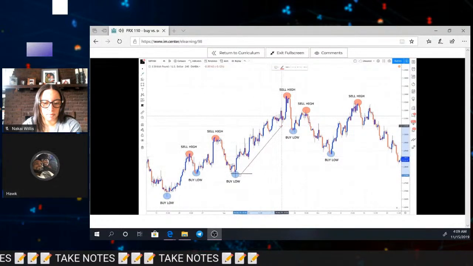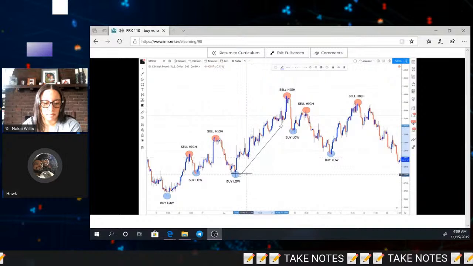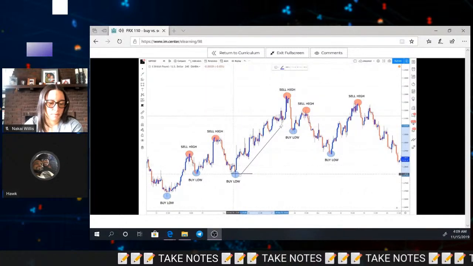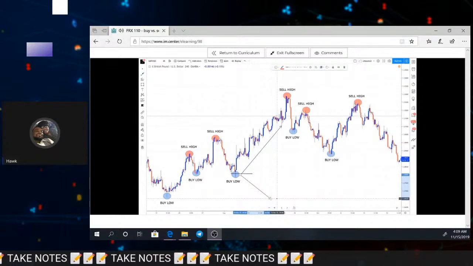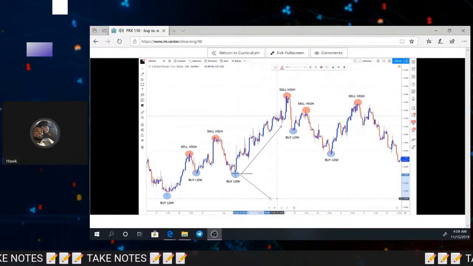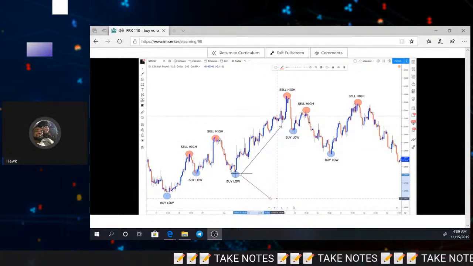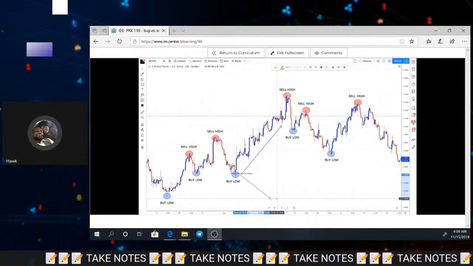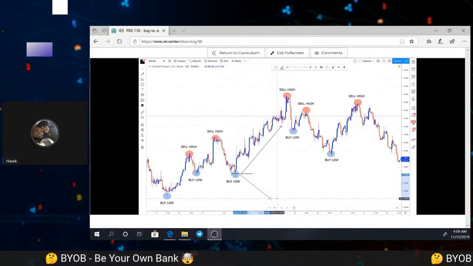If you are correct, then what will happen is that you would begin to make money. However, if you put in a buy order and the market begins to come down, this is where you lose money inside of the market. So as a trader, it's very important that you continue to develop your skills so you're able to identify the high and low points in the market so you know when to buy and when to sell.